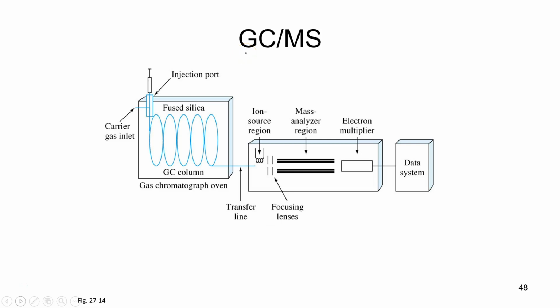Hi everyone. This video is just a very brief introduction to gas chromatography, mass spectrometry, and I really just want to illustrate the power of GCMS in this video. So here is the GC portion, and here is the mass spec portion of the instrument. And we'll talk in great detail about each component of a mass spec, the ion source, the mass analyzer, and the transducer a little bit later, but I just wanted to give you an overview